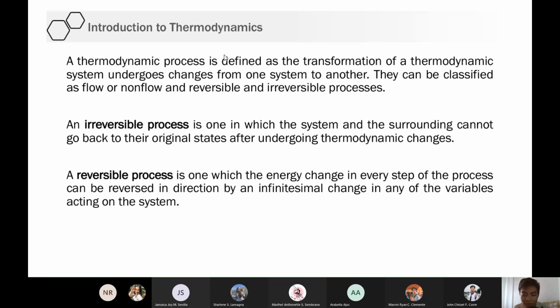Binigla mo yung system. Parang kunwari, ito yung system. Mamaya-maya, ginulat mo, andoon na siya sa kabilang side. May biglaan, may sudden change, no? And because of that sudden change in the state of the system, na nagbago kasi siya ng condition agad, hindi na niya mababalikan yung original form niya. For example, yung kahoy, baliin ko agad, hindi na babalik sa original form. Putol na, 'di ba?